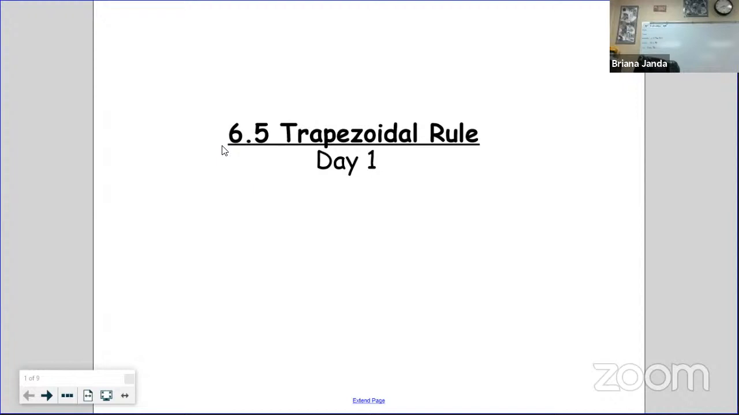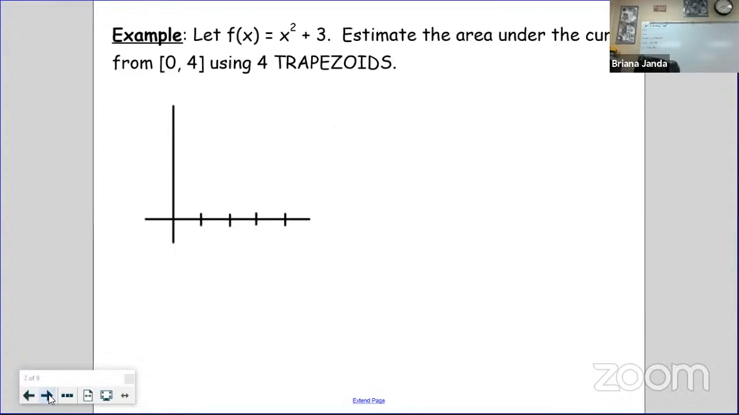Well, it turns out that since it's a curve, there's a shape whose area we can find that actually approximates better than a rectangle, and that is a trapezoid. This is what the trapezoid rule looks like. It's a shape we can find the area of using an area formula, but it tends to follow along a curve a little better than a rectangle does. So if we consider the curve f of x equals x squared plus 3,